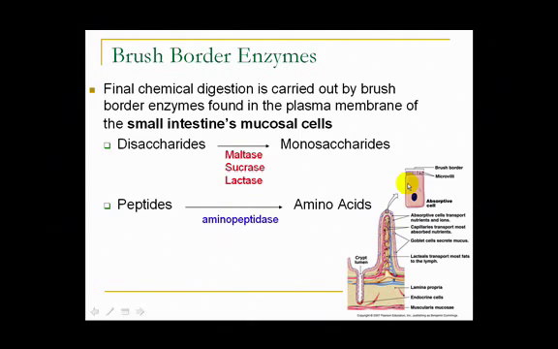And so there's enzymes that are actually embedded in there. They're not being secreted by the pancreas. There are enzymes that are already in the small intestines that are embedded in that membrane. There's a number of them that break the disaccharides into monosaccharides. So if you have maltose, which is a disaccharide, there's the enzyme maltase that breaks it down into glucose and glucose. Or if you have sucrose, sucrase will break it down into its monosaccharides. And if you have lactose, which is glucose and galactose stuck together, the enzyme lactase will break it down into